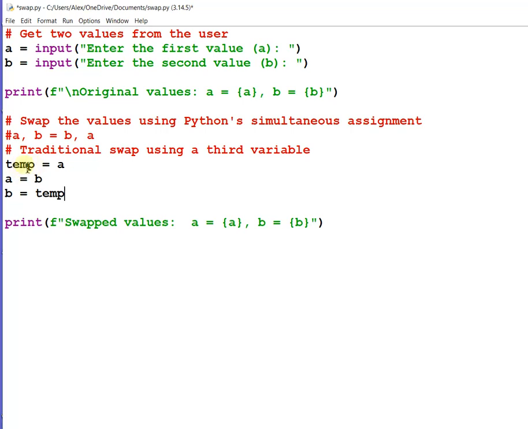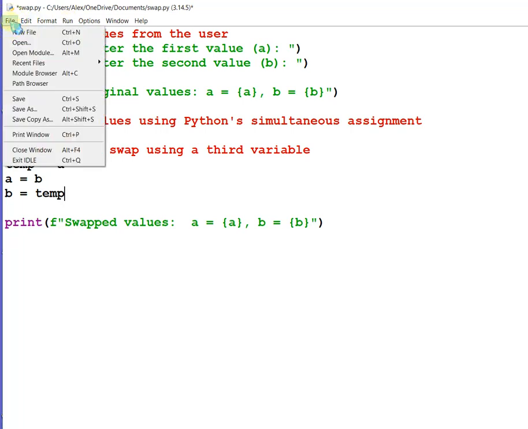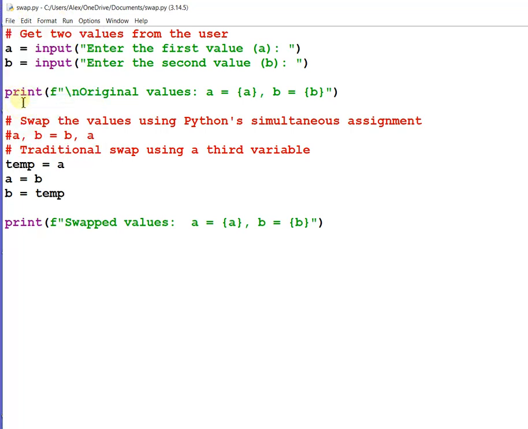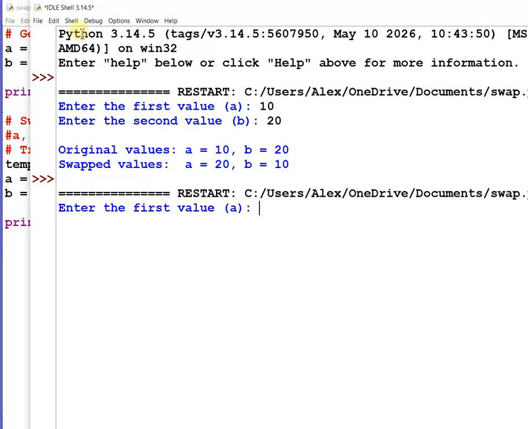Now what I have done, I have taken a glass temporary, and the value of A will go in temporary, and then A will become empty, and then let's see how it's going to print. Okay, let's run. I hope no mistakes. Finally I'm going to save it and then run the module.